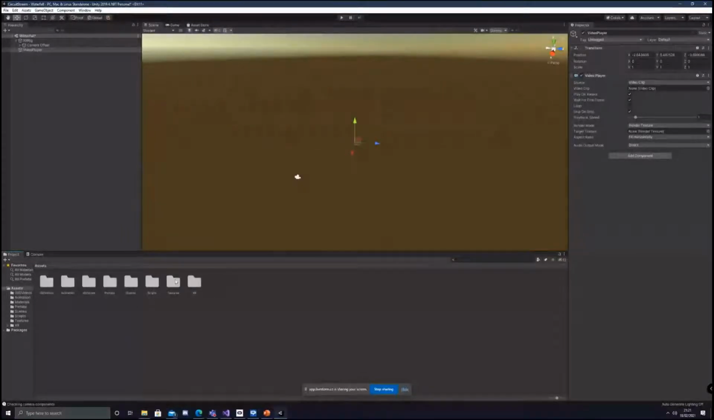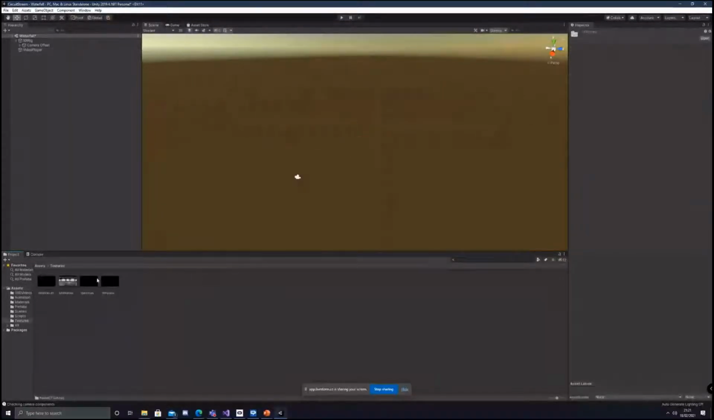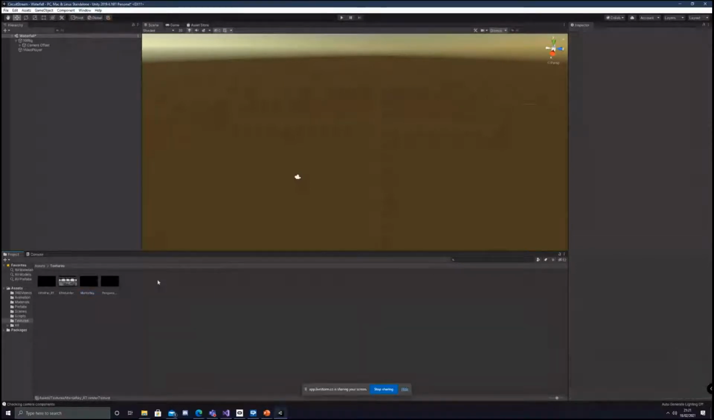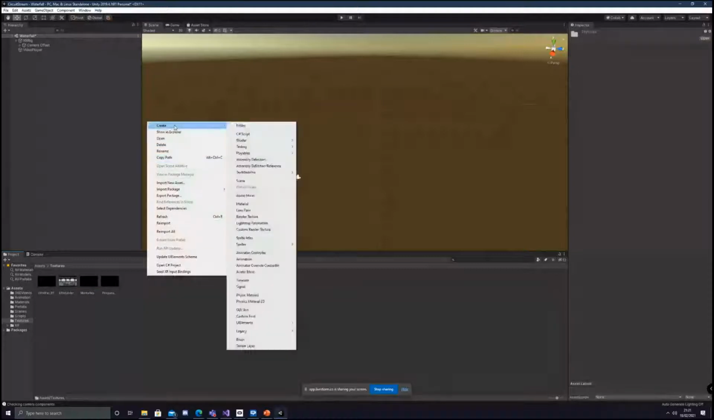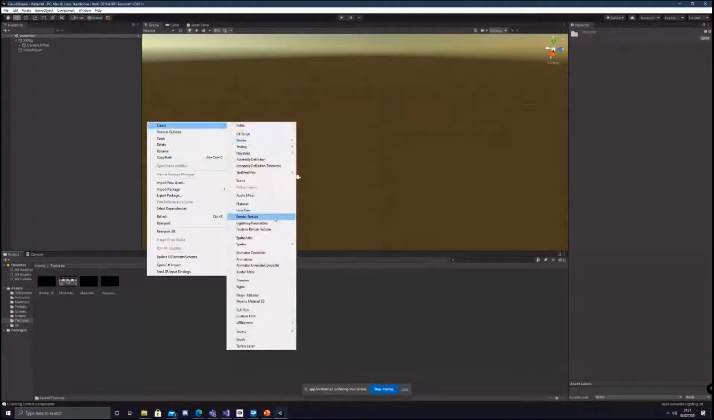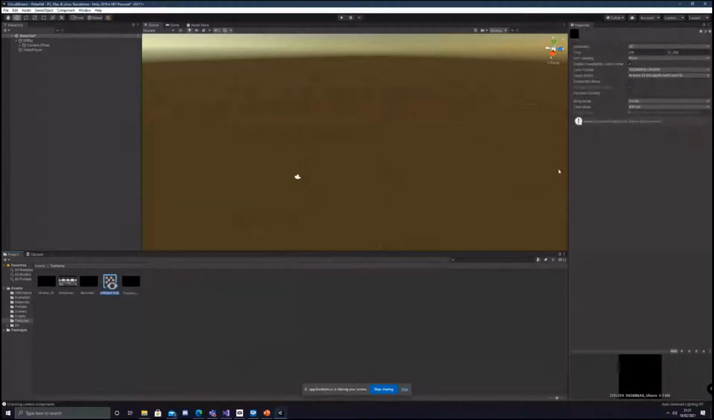The next thing we need to do is create what's called a render texture. This is the bit that's going to broadcast our 360 video into our video player. I'm going to right click, go to create, and then render texture. And every time you create something new,